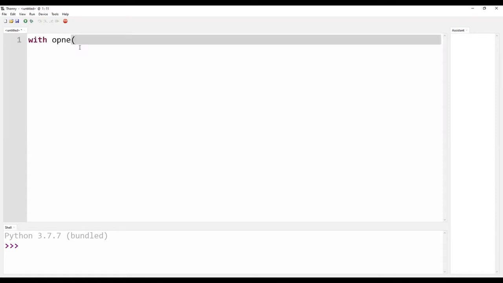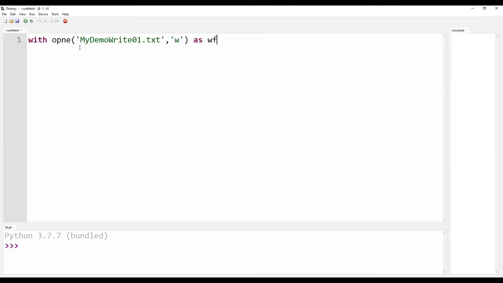I am opening a file named my demo write 01.txt. This is my file name. If it is not there, the file would be created. I am opening the file in write mode and I am giving the handler name as W file, because I am trying to write to it.